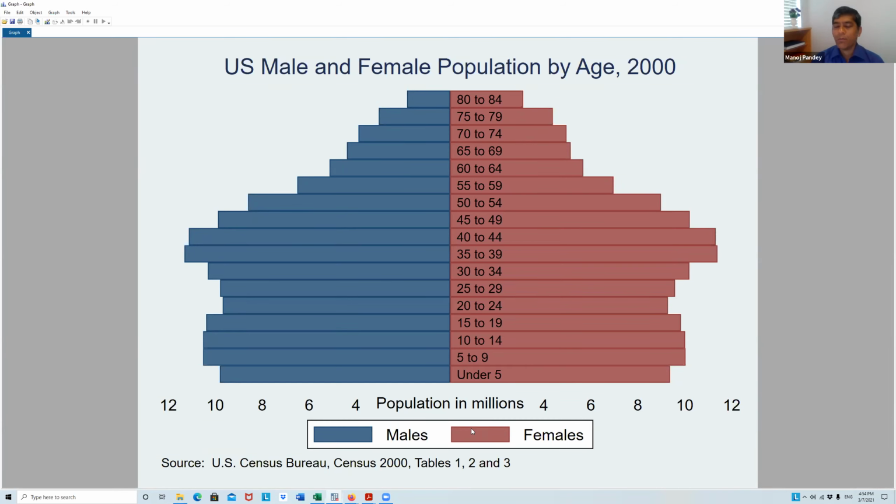It can tell you about sex ratio in the country. It can tell you about aging. It can tell you about working population. It can tell you about dependency ratio. It can tell fertility rate, mortality rate, everything. So this is a very powerful graph if you're interested in demography or population related studies. And this tells a lot of things.